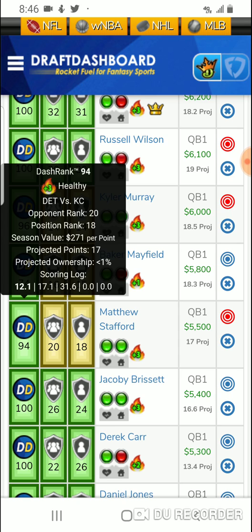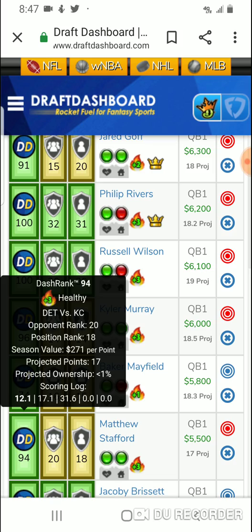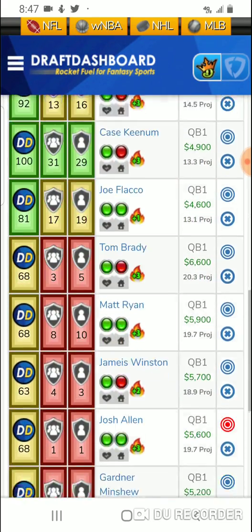But Matt Stafford, I think that game gets into a shootout. I think you could see like a 31-28. I think the Lions have a chance of winning this game as well. But yeah, Matt Stafford, dude knows how to sling it around the yard. He's had over 40 pass attempts in every single game. So I think that could work out pretty well for you guys. So I do like Stafford. He's probably my fourth favorite quarterback outside of, I'd probably go Murray 1, Watson 2, and then I really like